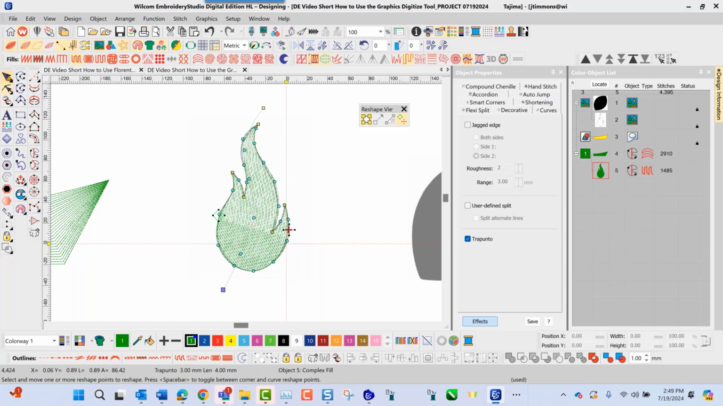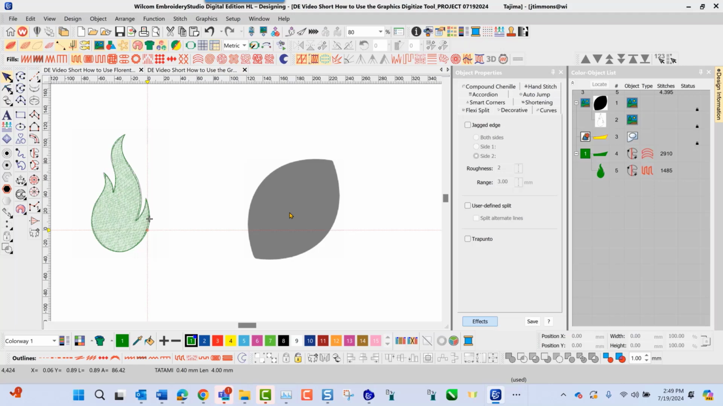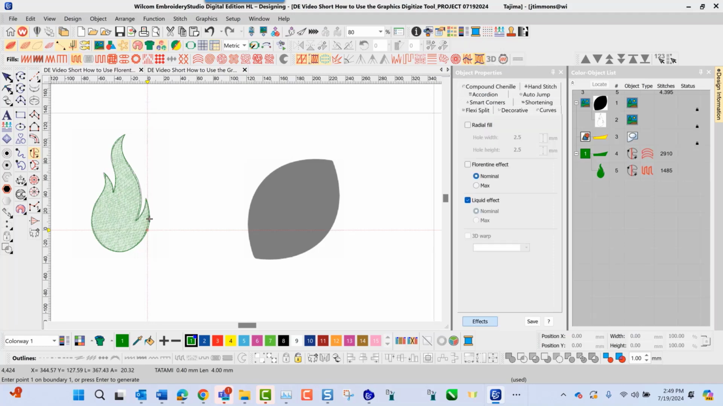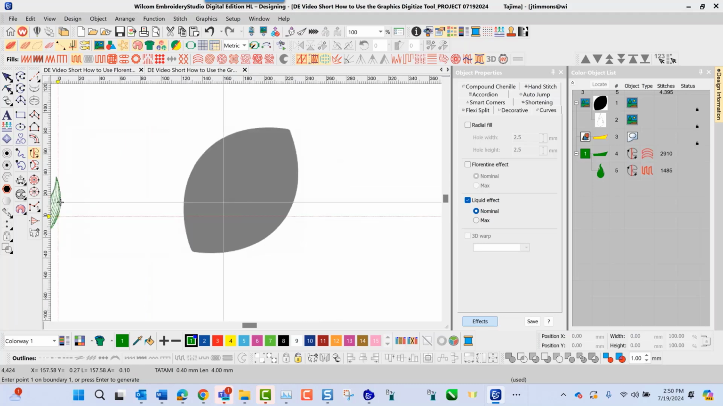The next tool that we're going to take a look at is the liquid effect tool. This tool allows us to use a tatami stitch fill with a tatami setting. This time we'll select this icon. This icon is different than any of the other icons because it will allow us to do 2 stitch angles in one object. As I digitize the outline of my football,